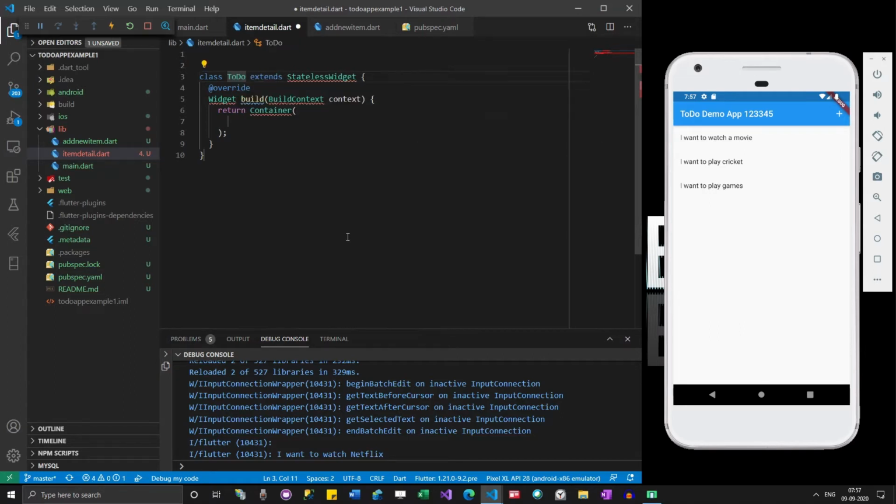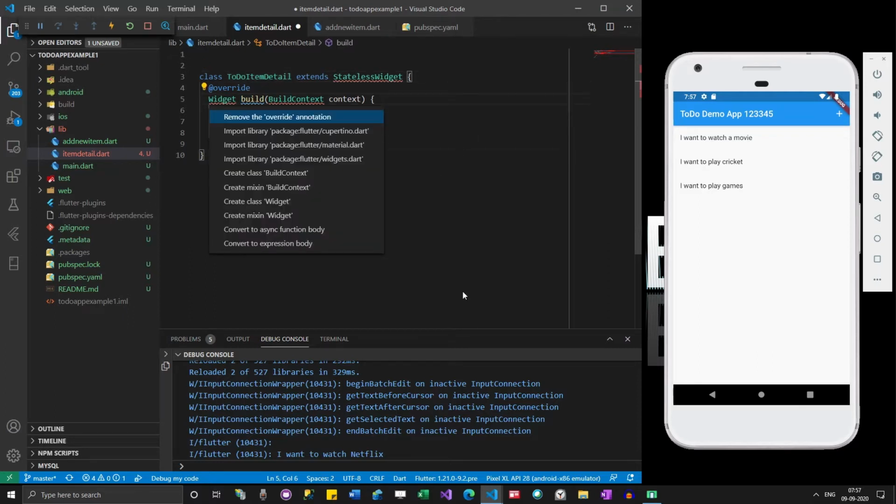To do item detail. So we are showing the details of the to do item. So I named it accordingly.